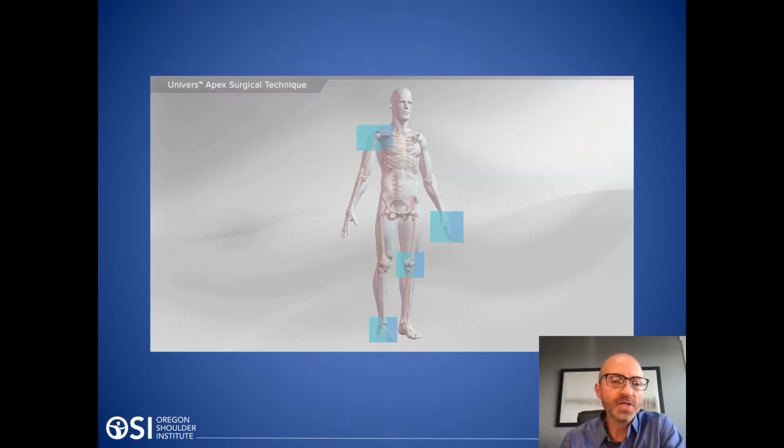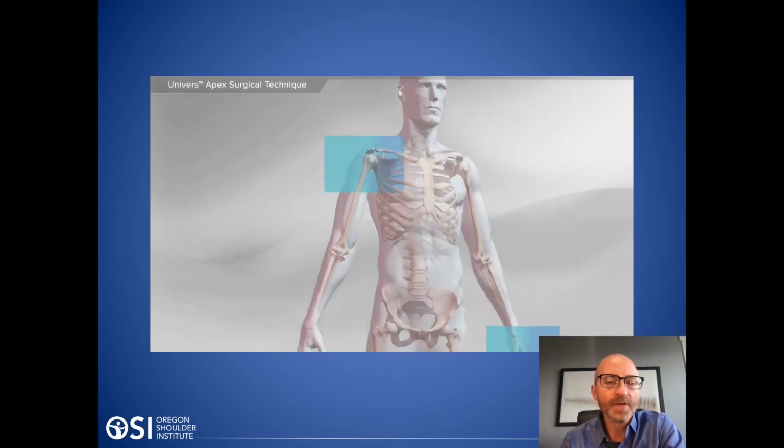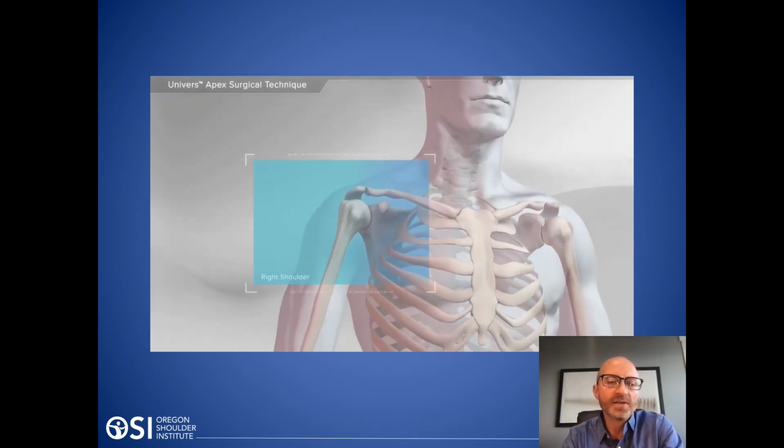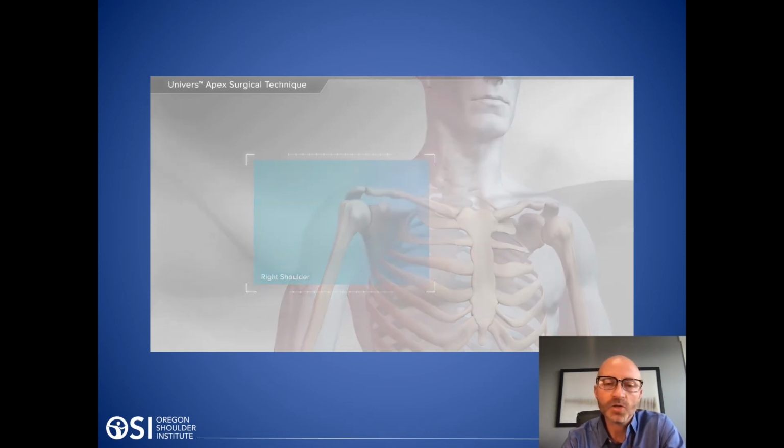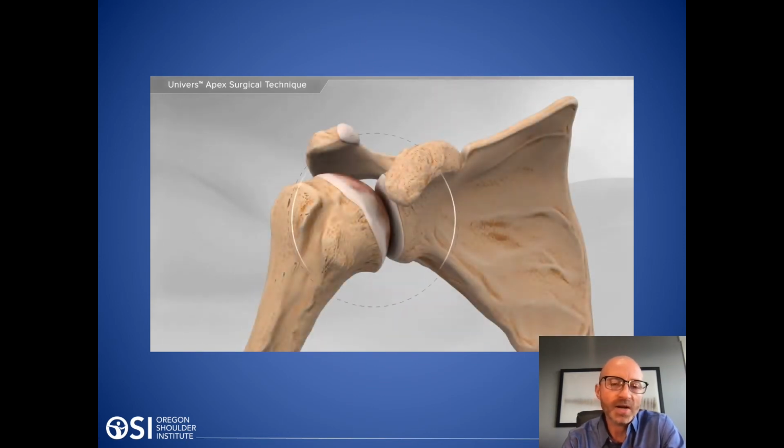Okay, now let's go over this again. Let's watch some animations about what's involved in a shoulder replacement. So this is a schematic video, or an illustrative video, that gives you a better idea of what's involved in a shoulder replacement. We talked about how in the shoulder joint you get the ball side and the socket side,